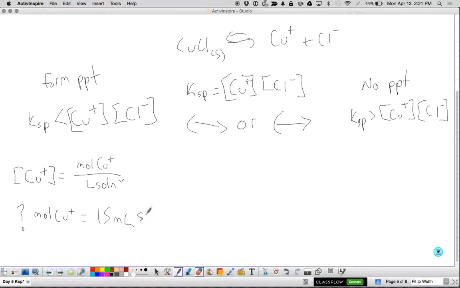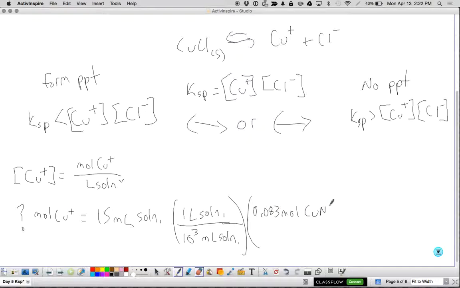So this is milliliter solution, okay? And I'm just going to use molarity as a conversion factor, which means I need liters of solution, and then I can run that through my 0.083 moles CuNO3